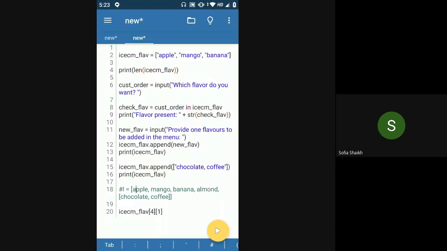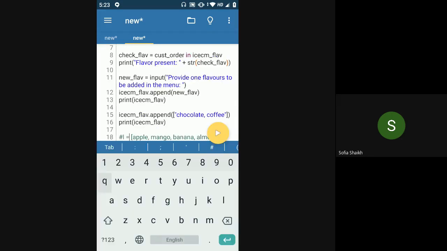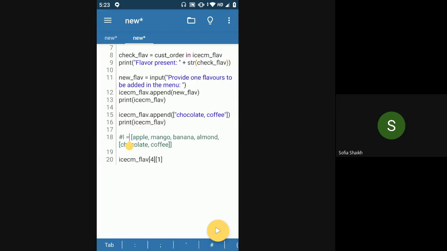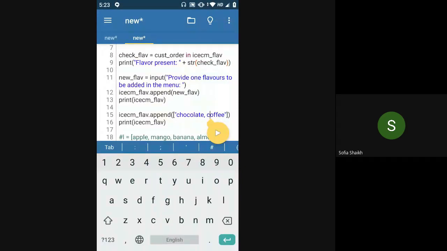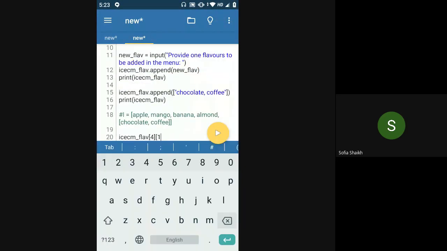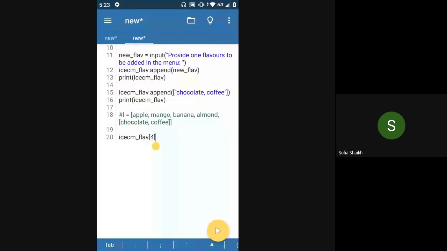Right now, this list contains 4 strings and 1 list. Is this clear? If I want to get this inner list, chocolate comma coffee, I'll just say ice cream flavor 4.